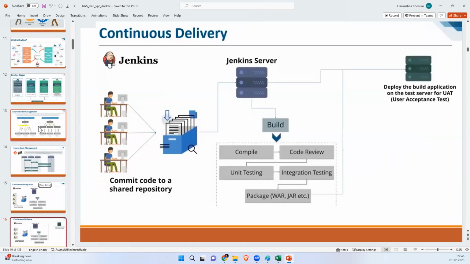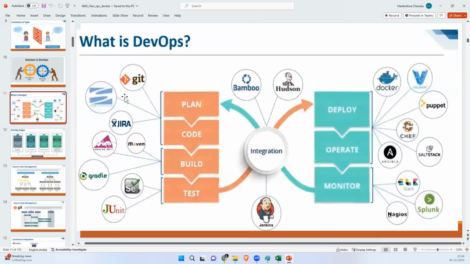So we can use these plugins and automate the process and deploy everything. Once the developer commits the code, Jenkins automatically takes that code, builds the pipeline, creates the JAR or WAR, and deploys the application into a Docker container or Kubernetes container. Guys, we'll show it to you tomorrow.